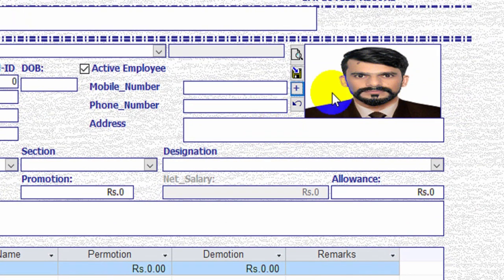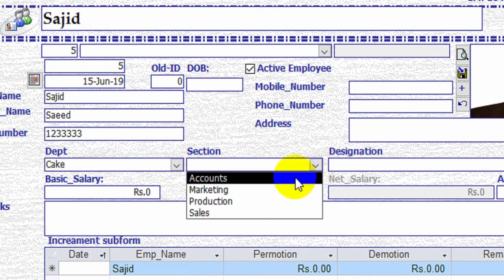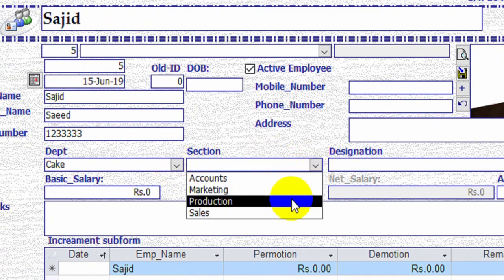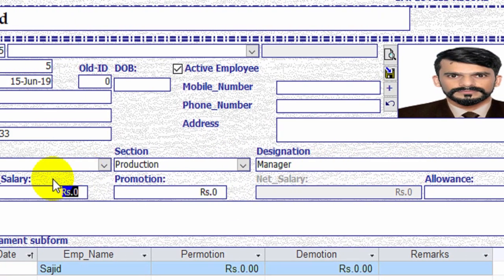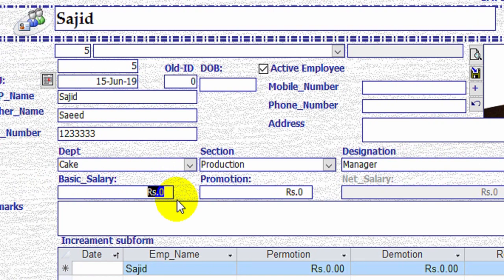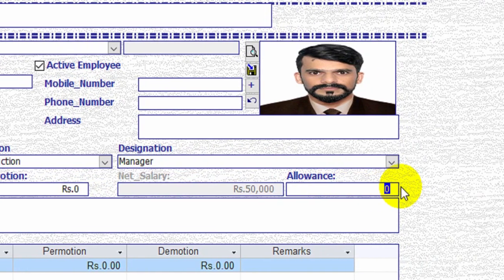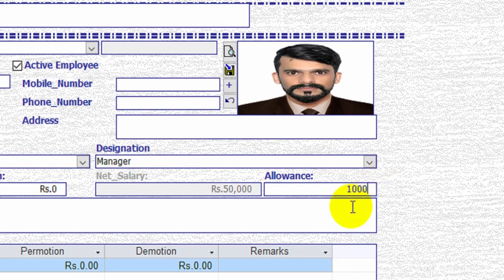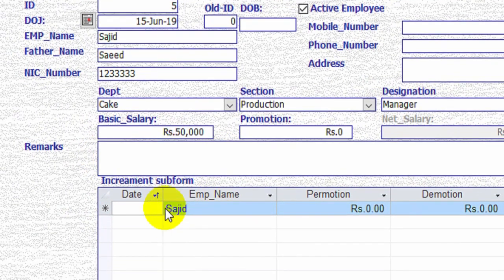Okay, you can see the image over here, and here you will select the department, section, accounts, marketing, production. I'm writing designation. Here you will write basic salary, like I have added 50,000, and if you have any promotion you can write over here, allowances, and here you can add the remarks.